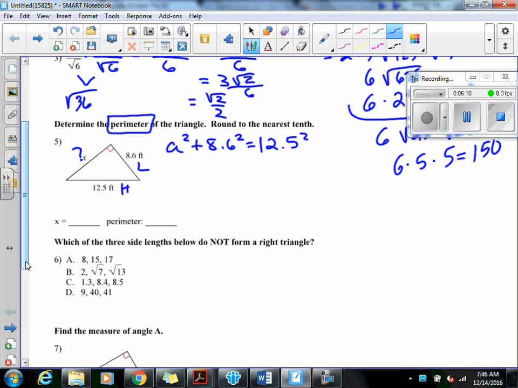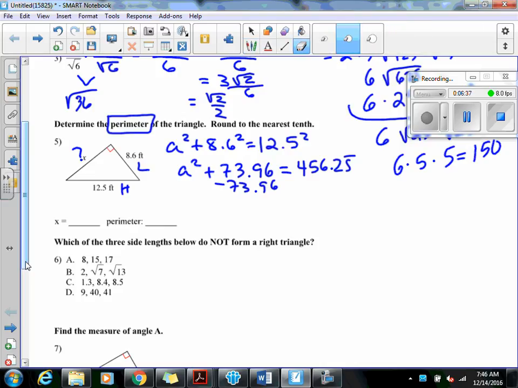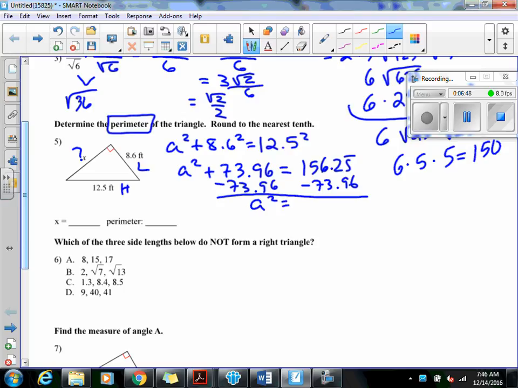And so, well, I kind of did the rest of mine in a calculator. So what's 8.6 squared? Does anyone have 8.6 squared? 73.96, thank you. And what was this one? And then we would subtract this from both sides. 156.25. Yeah. And so we're going to subtract 73.96 from both sides, and we get a squared equals